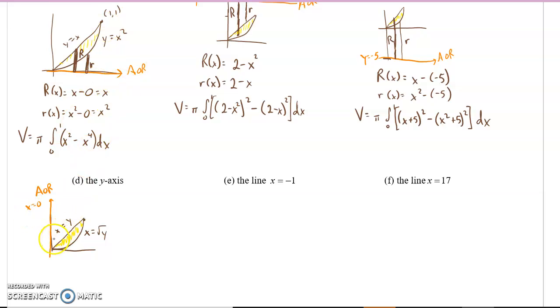So always measure a radius from the axis of revolution. The big R is going to go through the shaded region to the far side,